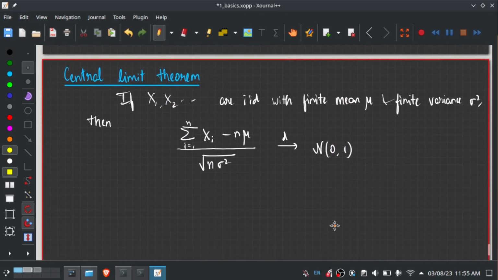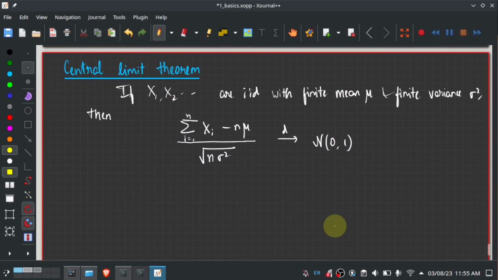Now, there's a different notion of convergence, and that is the central limit theorem, which says that if you have a sequence of IID random variables, remember that we looked at the average, summation i equal to 1 to n of Xi divided by n. If I scale this by 1 over n, eventually this will converge to a single number, which is equal to the mean. But now if I instead scale by 1 over square root of n, this no longer converges to a number, but in fact it converges to a distribution. In distribution, this converges to a Gaussian.